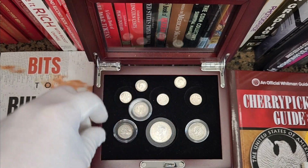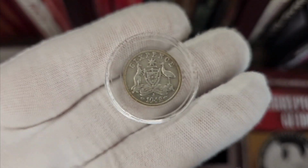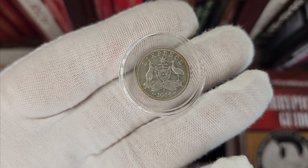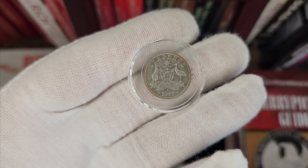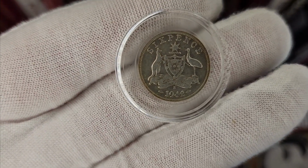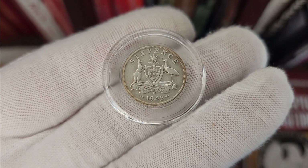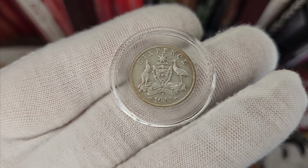As we move up from the 3 pence, we go to the 6 pence. And here is a 6 pence. Let me see if I can get it there so you can see it. So your 6 pence was 6 pennies. Kind of goes like 3 pence is 3 pennies. 6 pence is 6 pennies. This one here was also minted in San Francisco, as you can see on the S. Actually, the shield in the middle there points right to the S, which is between the 9 and the 4